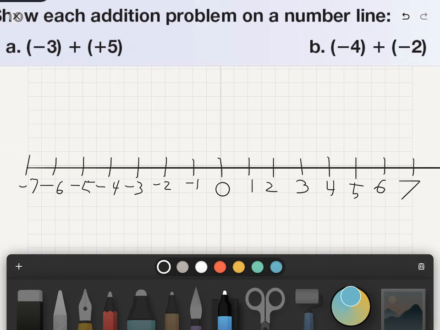Okay. So when we look at these, so negative 3 plus 5. So a plus sign just means we're combining values. I'll be kind of color coding these. And so part of this is just utilizing a number line, and part of it is the technique of, I guess, kind of the Saxon number line. So the Saxon number line kind of goes like this. We always start at 0. Then we do these kind of little